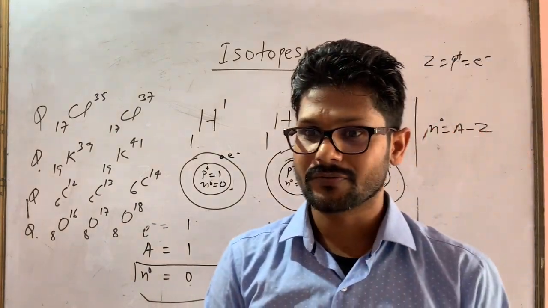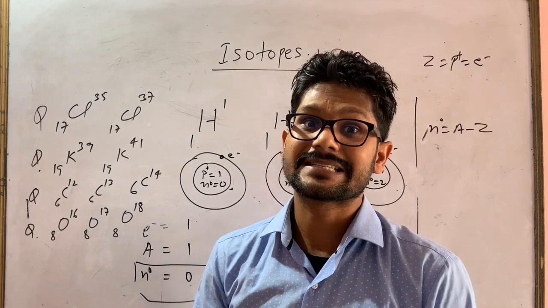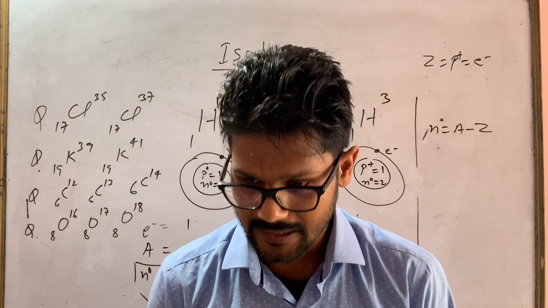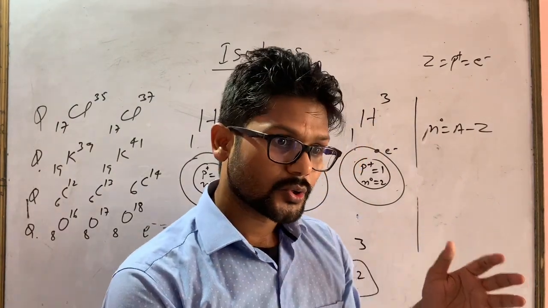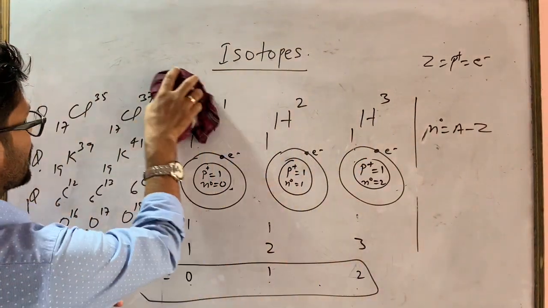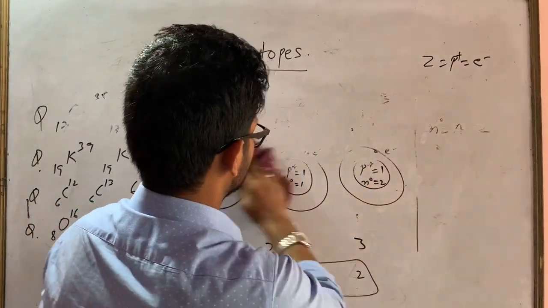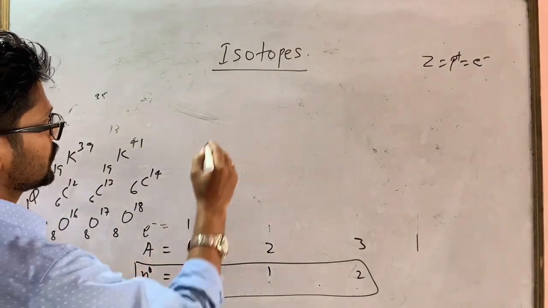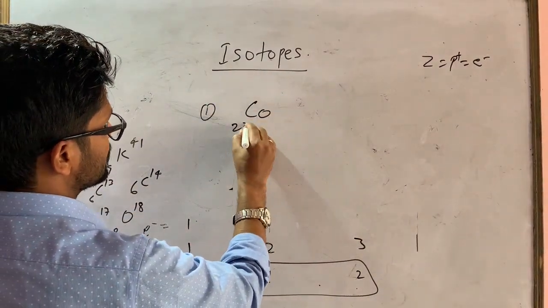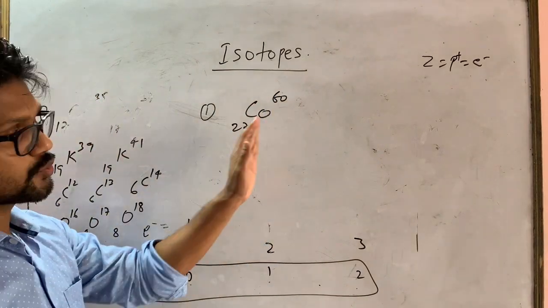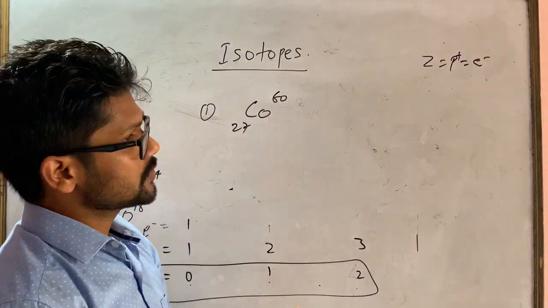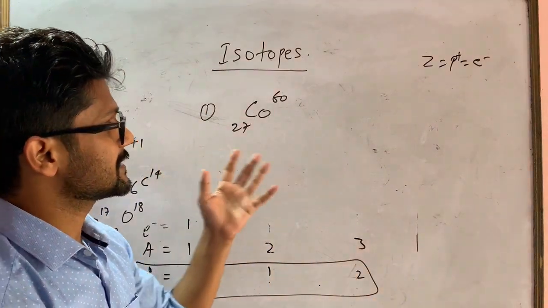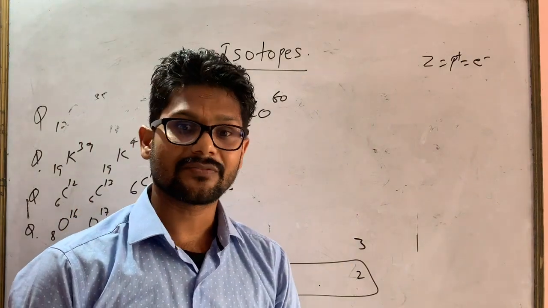You know that a very famous, or you can say dangerous, disease is cancer. Out of 100, I think 5 or 6, or you can say 10, are suffering from cancer. So cobalt, you are familiar with this element, cobalt 27 and 60. This is the isotope of cobalt which is used for treating cancer. So this question can come: which isotope is used for treating cancer?